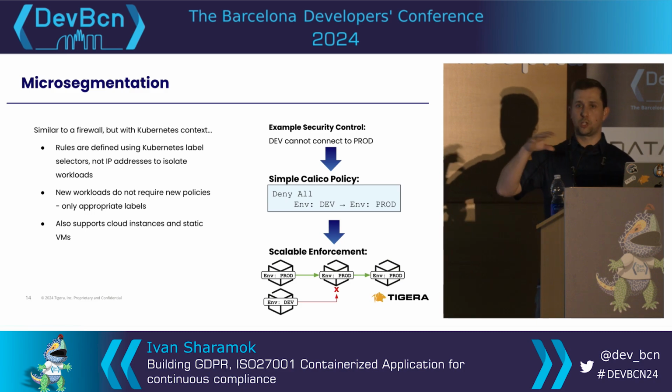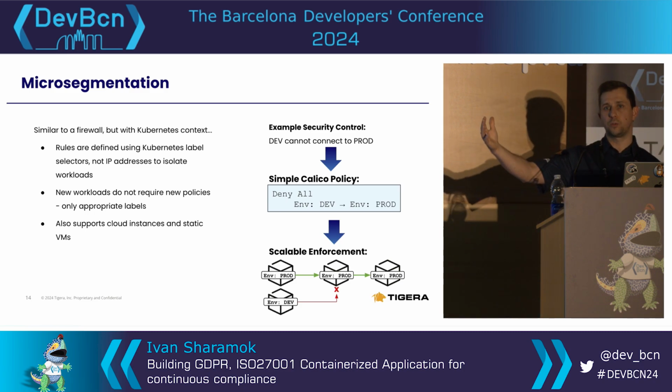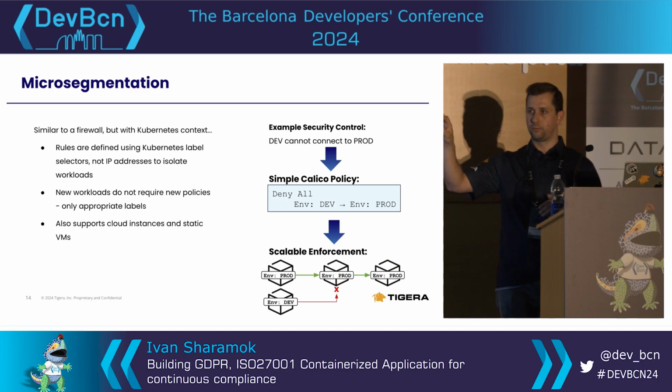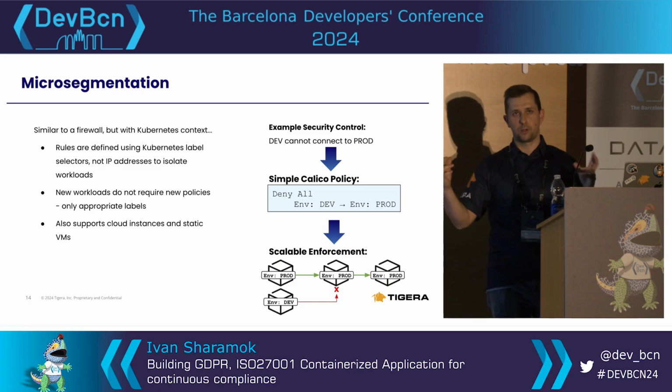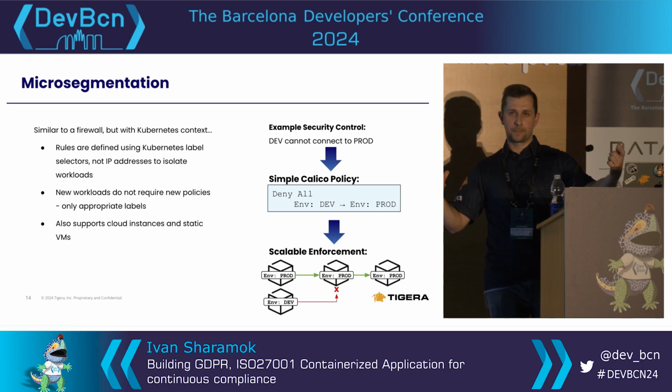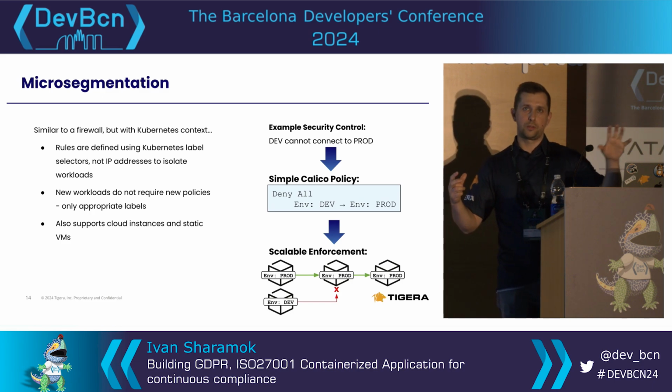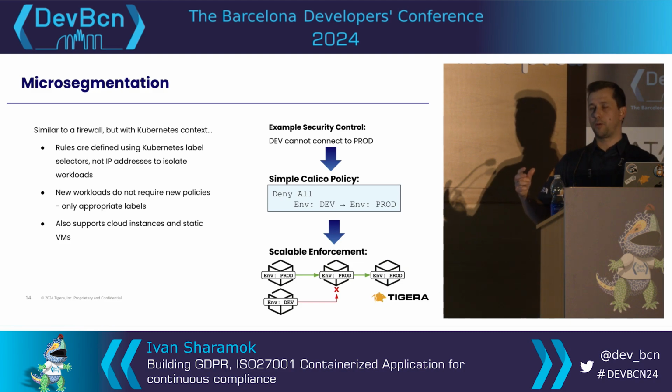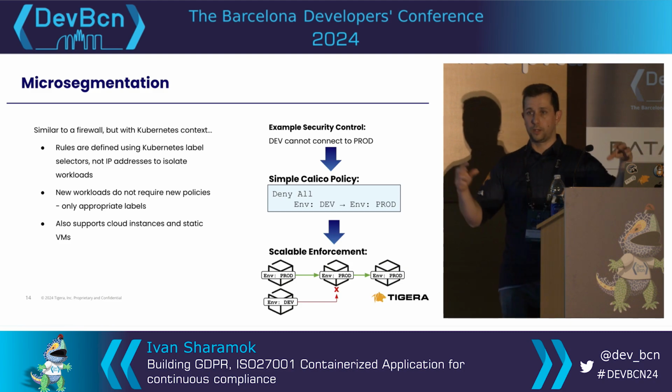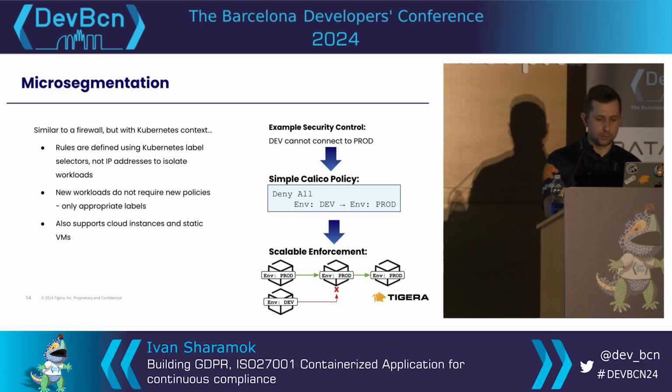You can do it from one end, just in Kubernetes, and control egress to the outside services running on VMs or bare metals. There is an object in Calico called host endpoint. That's the way to create that, and then you can control egress traffic in that way. But if you want to secure the connection on both ends, on the other end, which is going to be a VM or bare metal, you can install the Calico agent on that VM, and you will be able to program policy on both ends.